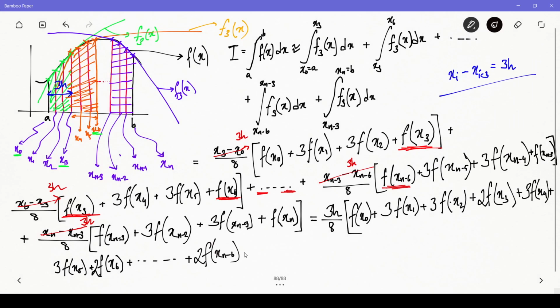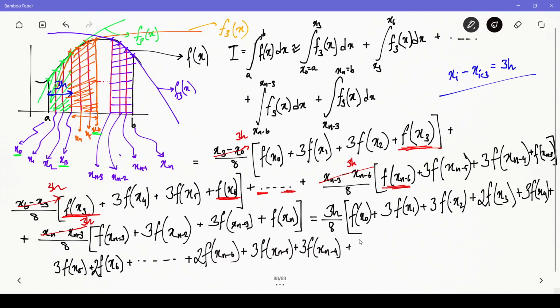Okay, fine. And let's write down the remaining terms as they are, 3 times f of x n minus 5 plus 3 times f of x n minus 4